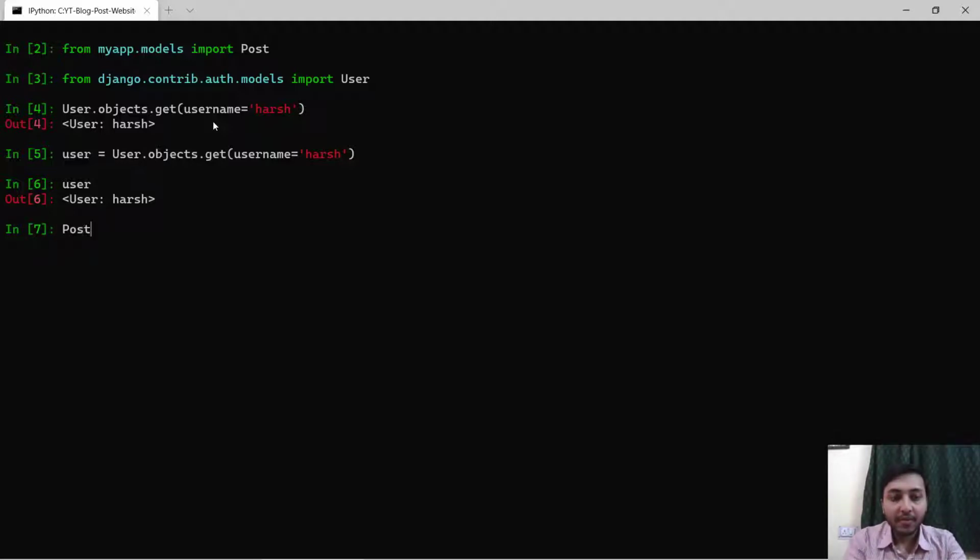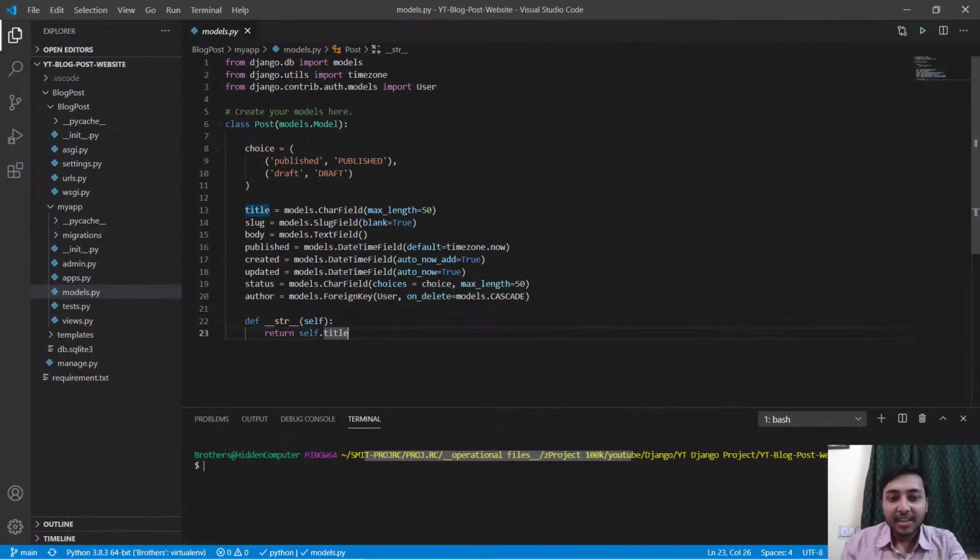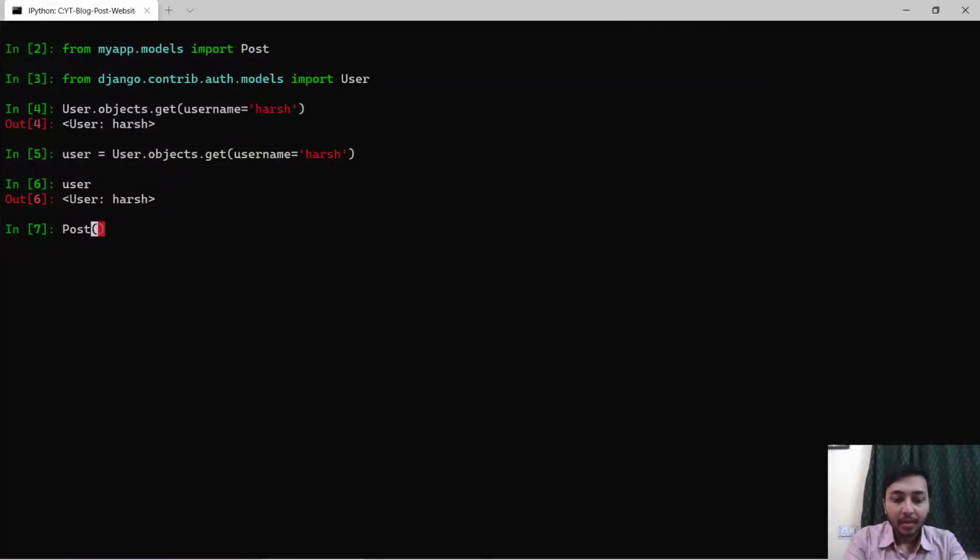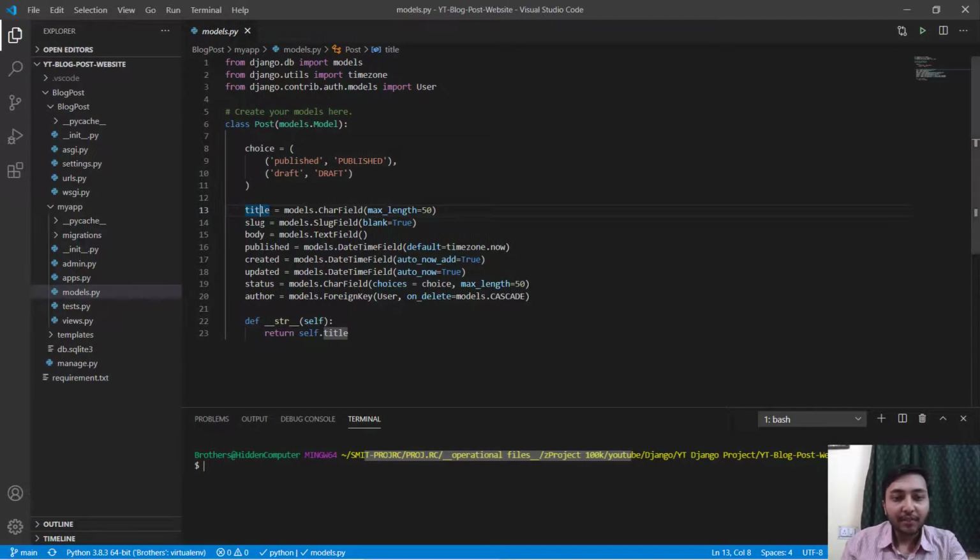What we will say is post is equal to, and in parenthesis you will specify these attributes. So we will say title is equal to post from shell. Then we have to specify slug, it's blank true, not required.